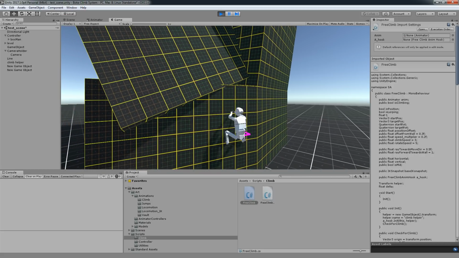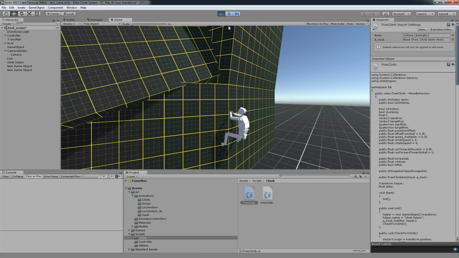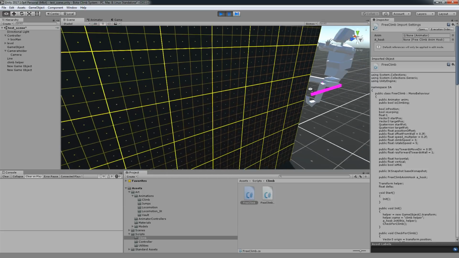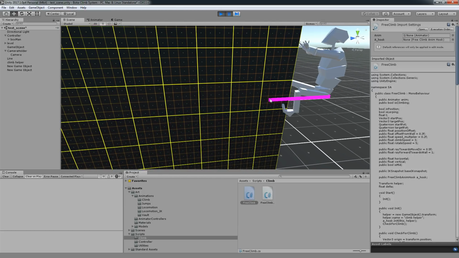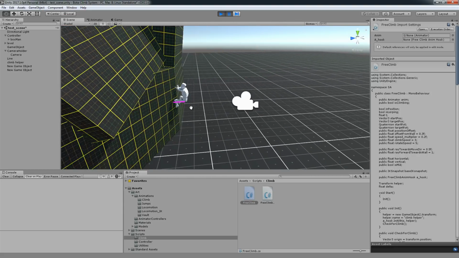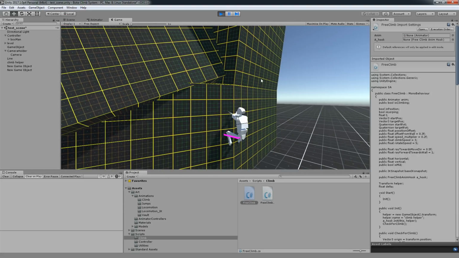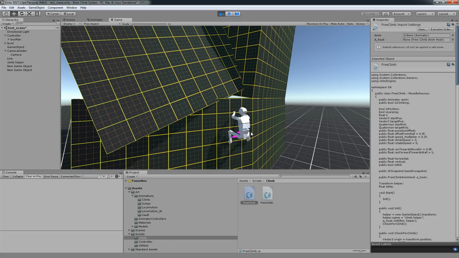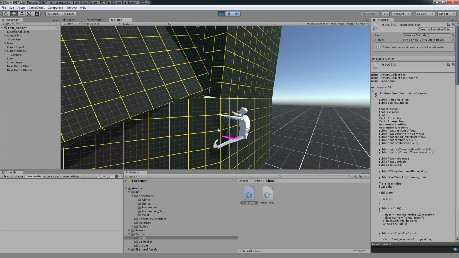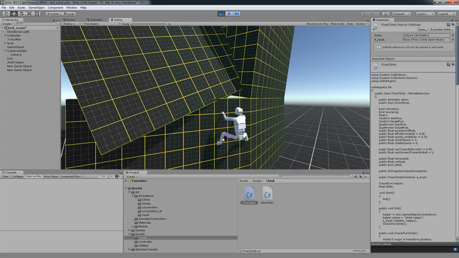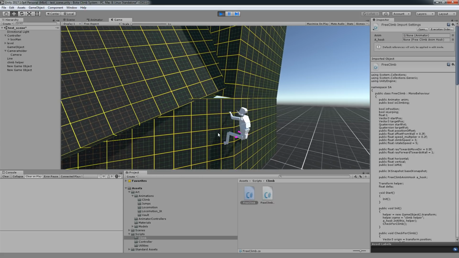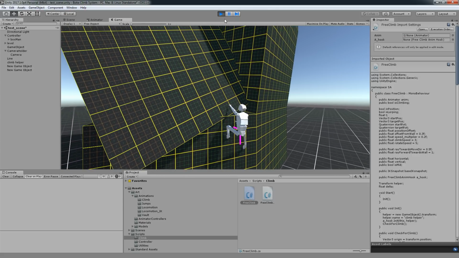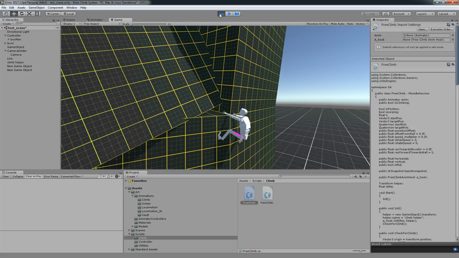Okay, you can see that because we now use a higher value for this, we can actually hit it, so it does hit the wall. This will also determine the angle in which we can move in a position like this. Although even if we don't hit something, we should still be able to go around the corner. So let's do that next.